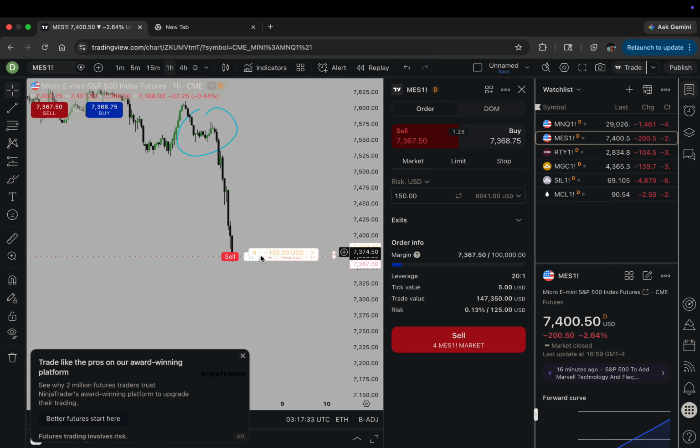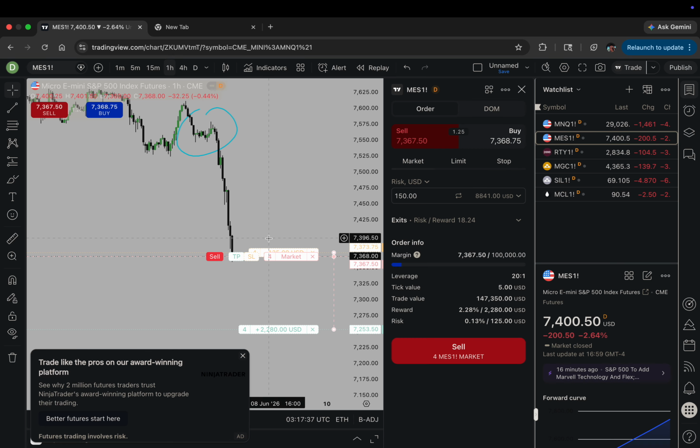So how do you make money? If you're selling and you want to see price go down, you make money when you make the sell. Now, as I bring my stop loss up, you see that number on my stop loss? This line right here, this yellow line. As I'm dragging it up, because what I did was I hit sell first, I hit market,